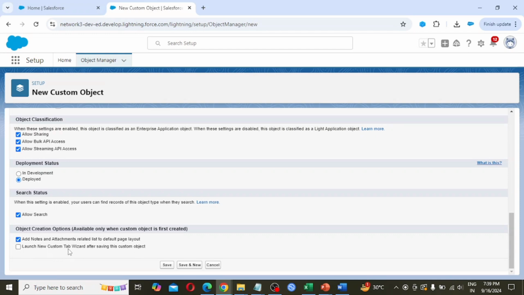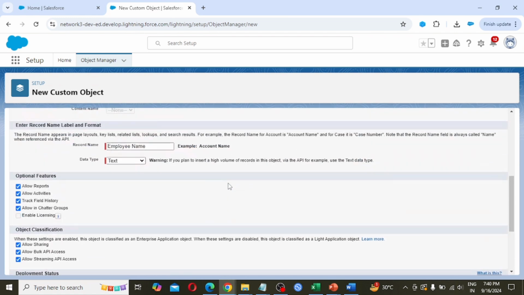Launch new custom tab wizard after saving this custom object. So I am launching this as a tab also. Until and unless we add this object in a tab, we can't see this object in our application.